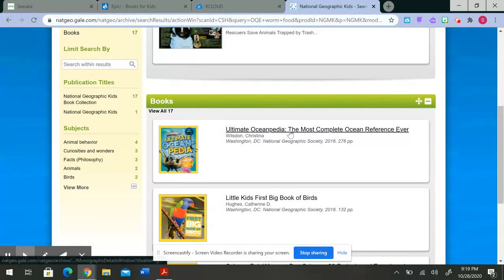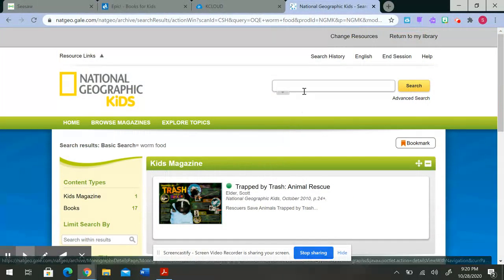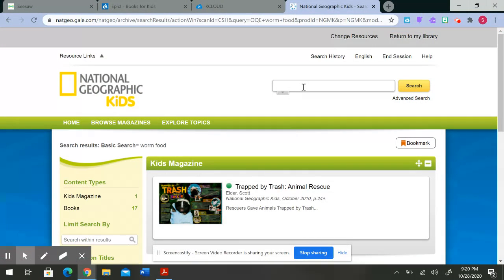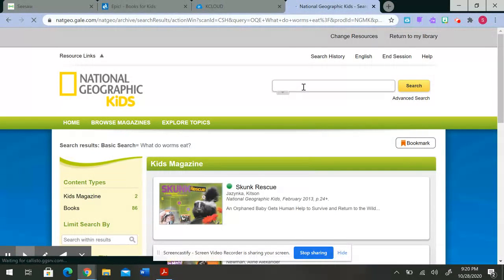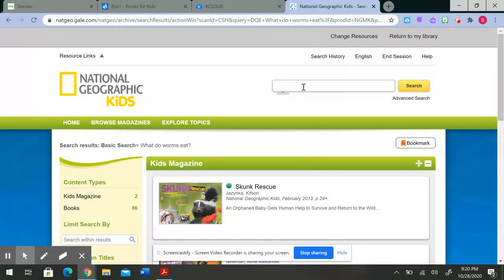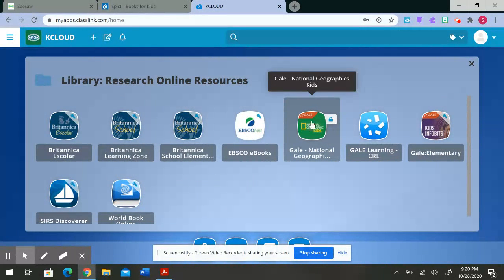If maybe that doesn't really bring up what I'm looking for, maybe I should use a different search term. Maybe I should ask the question, what do worms eat? Okay, so you might have to play around. You might have to use different keywords in these search bars, but these are a couple of places that I want you to explore today as you are researching.